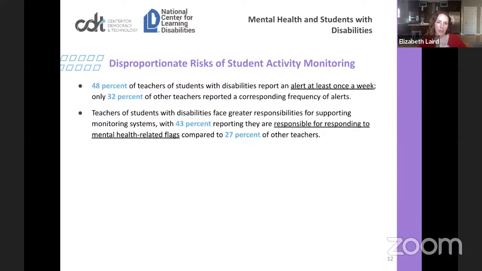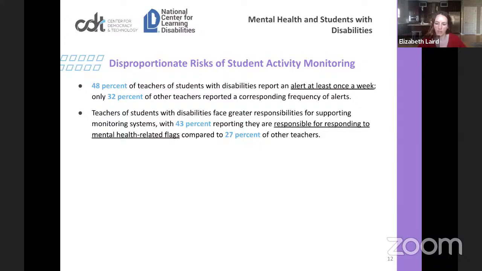And teachers of students with disabilities are also more involved in the actual response. Not only are they getting flagged more often, they're also responding more frequently. 43% of teachers who work with students with disabilities are responsible for responding to mental health related flags, compared to